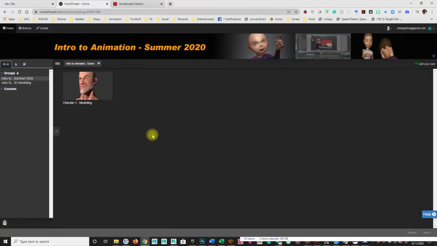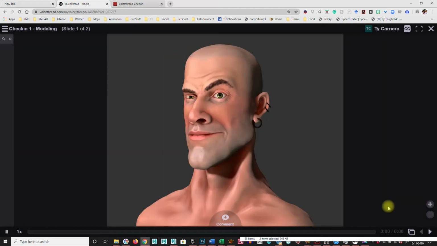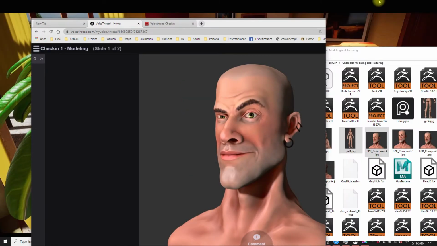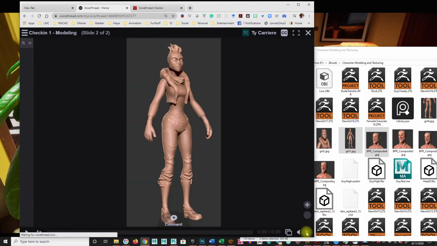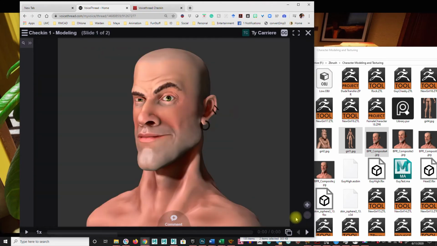And there it is. And you can see, oh, by Ty Carrier, here's what I have so far. And then when they click on it, it will show the work that they did. Let me minimize this a little bit. You'll be able to flip forward between those images. When you want to give feedback to somebody else's, you click on the comment, and you have multiple ways of